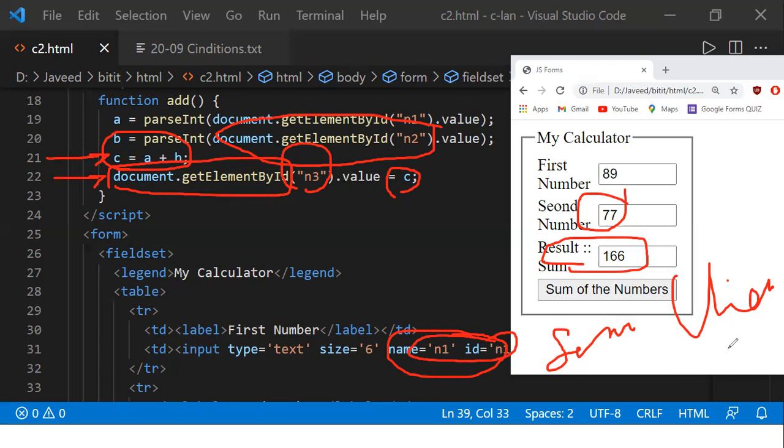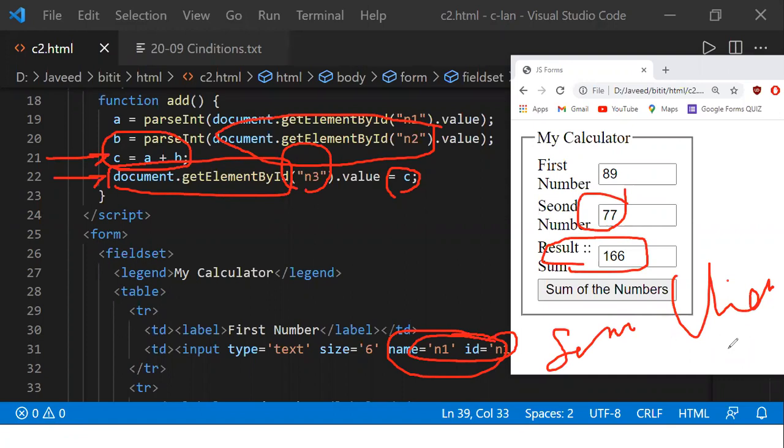It gets me the value of that text control, where I defined the names as N1, N2, and then I want to put the result into N3. So I write document.getElementById of N3 dot value equal to C, and it puts the value into N3.